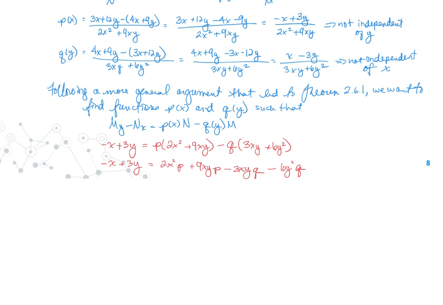So I'm going to take you on another journey here with substitution, because we're going to simplify a lot of this down to get rid of all of these squares by saying, let's let capital A equal x times p and capital B equal y times q. If we make this simple substitution, we now have negative x plus 3y equaling 2xA,